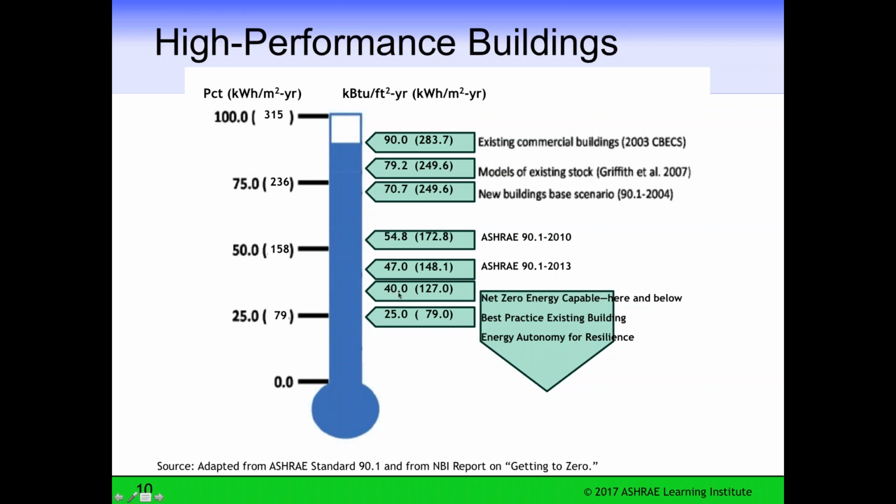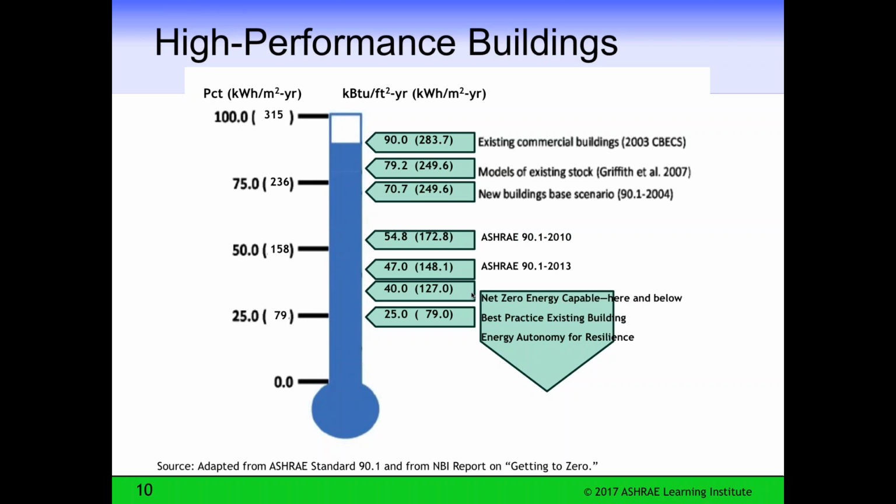47, perhaps not as far down as 40, but we're getting into the area now of net zero capable buildings, net zero energy capable buildings. And the best practice is at 35,000, 25,000, depending upon the building type. And we're looking at pushing toward that. Standard 90 is unlikely, because of the constraints on cost effectiveness, to get to net zero, but we keep getting closer to it.